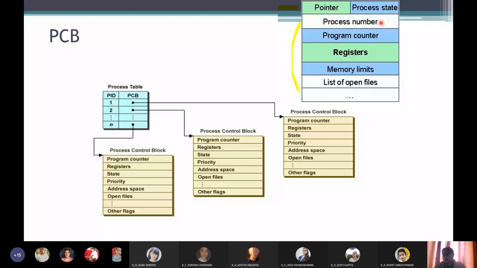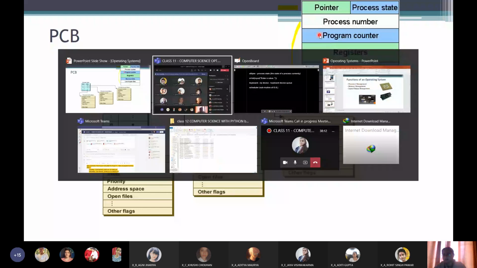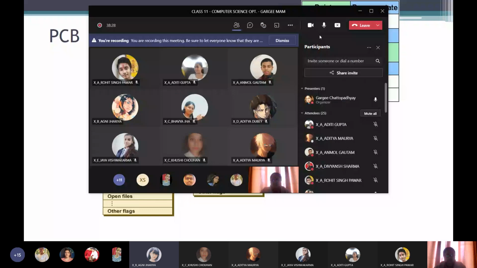Next, we come to program counter. Who will tell me about program counter? We have studied this multiple times. Can anybody tell me about program counter? Yes, we have studied many times. Yes, Savni. Ma'am, it is a register in the CPU which looks after the address of programs, something related. Address of programs, the answer is kind of vague. You have to be very specific over here.